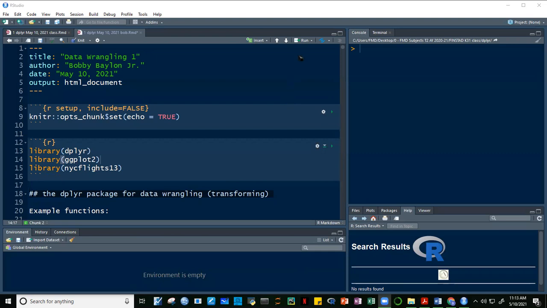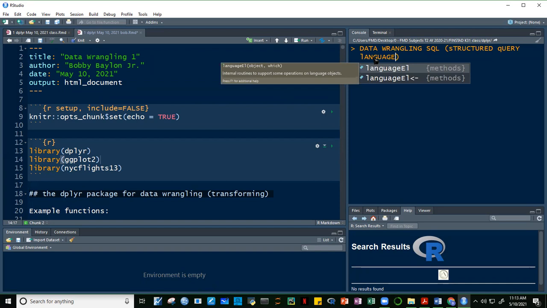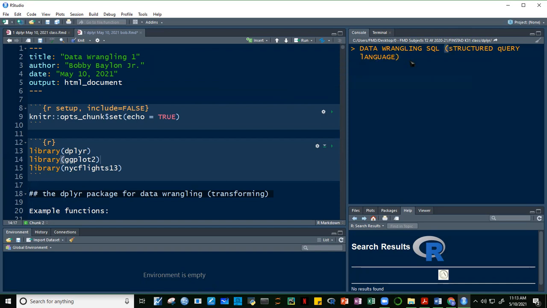Today we're going to discuss data wrangling, or others call this SQL, which is structured query language. So this is all about working on your data. This is all about manipulating the data. Oftentimes when we get data either from others or from any output of a research, usually madumi